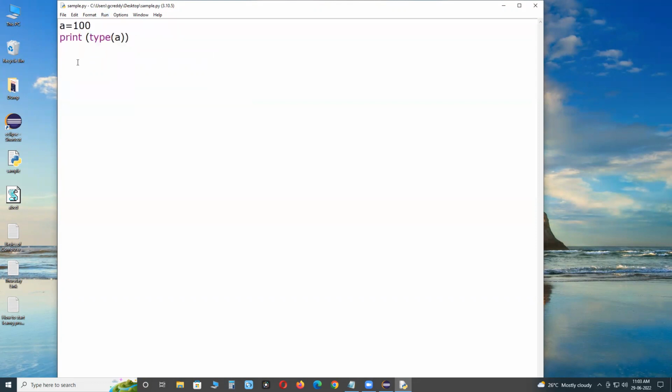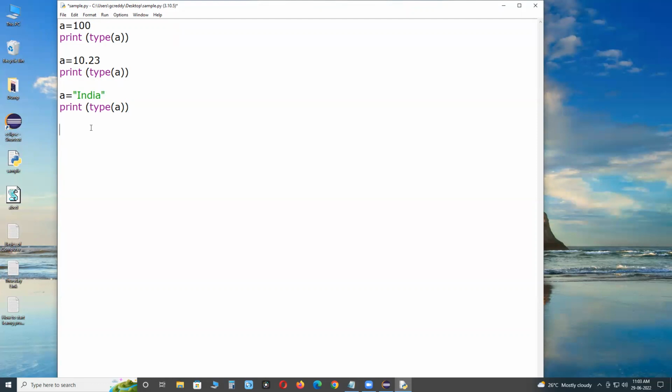Suppose after some time, if I use A equals 10.23, it will accept. Here, no explicit declaration of data types. Save. What is this one? This is not integer. Next, after some time, variables take the latest values.